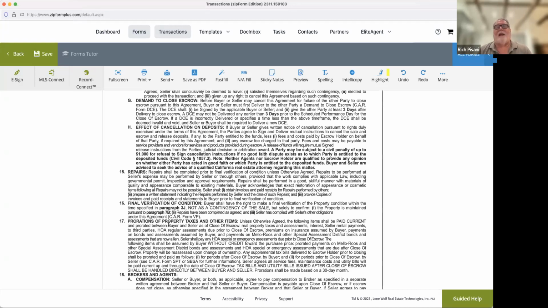Prorations. This is very important to explain to your buyer if you're representing the buyer, because they don't understand it. They are being taxed. Their property tax is being based upon the taxes of the seller when they bought it. Now, if they bought it for $200,000 and you're buying it for $1 million and you think that $2,000 is all the property tax you're going to pay, like I said, you can't argue with stupid.